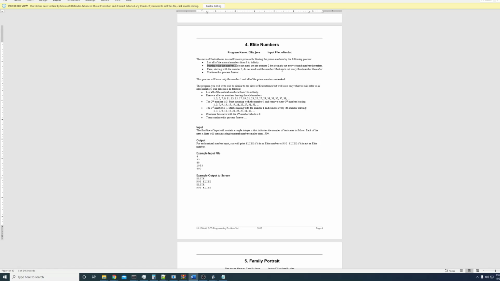Okay. And so basically, what this is saying is the first line of input indicates the number of test cases. Each of the N lines will contain a single natural number smaller than 1500. For each natural number, you will print elite if it is an elite number, or not elite if it is not an elite number. Okay, so it seems like